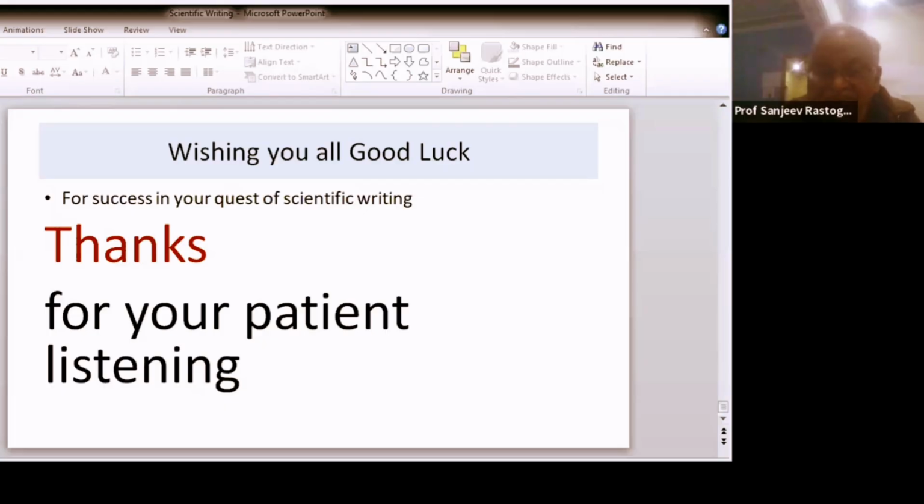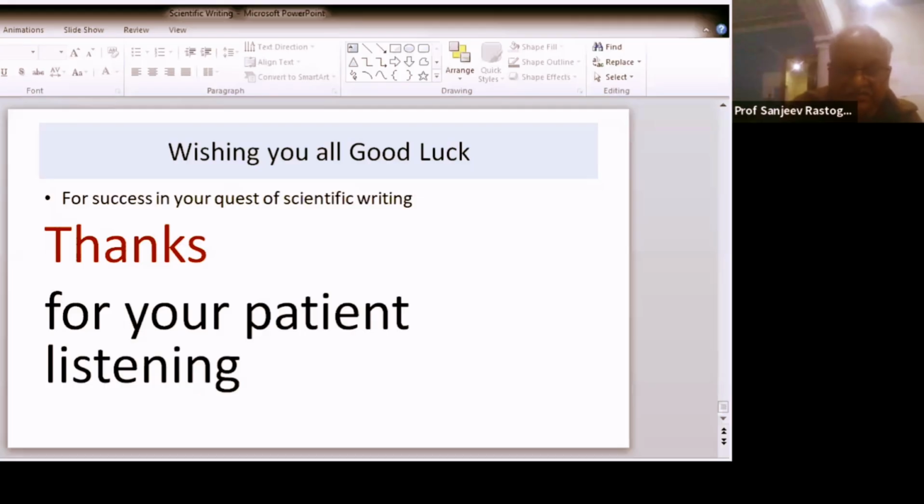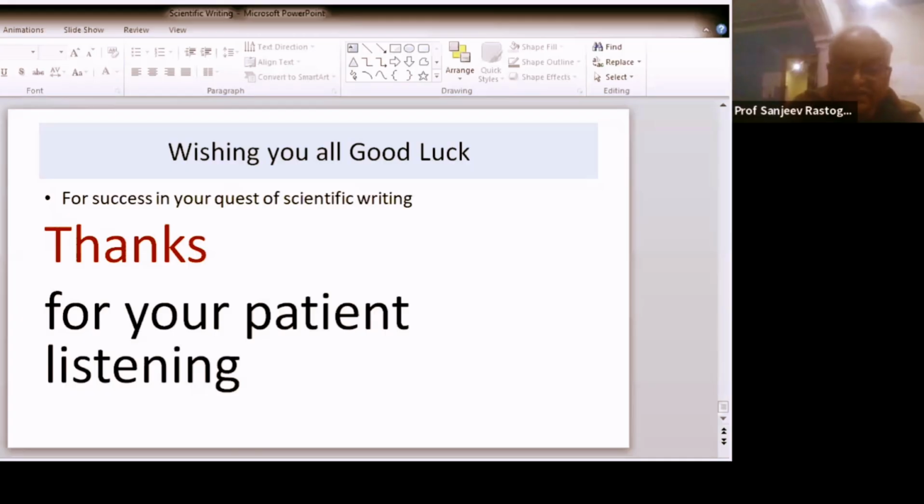Would you kindly explain about the recognition of your journal? The journal is titled Annals of Ayurvedic Medicine. It is published by the Association of Ayurvedic Physicians of India, an Indian organization which belongs to Ayurvedic physicians. This journal started its functioning in 2012, so now it has 14 years of continuous publishing.